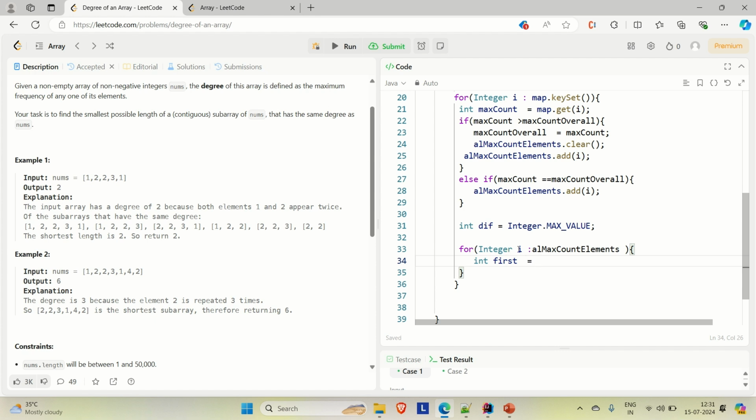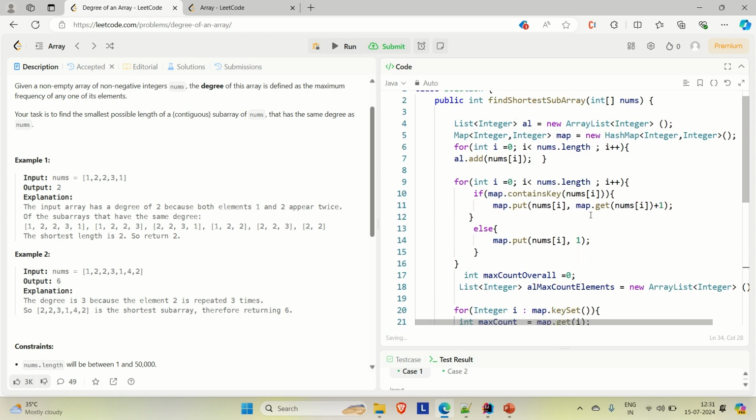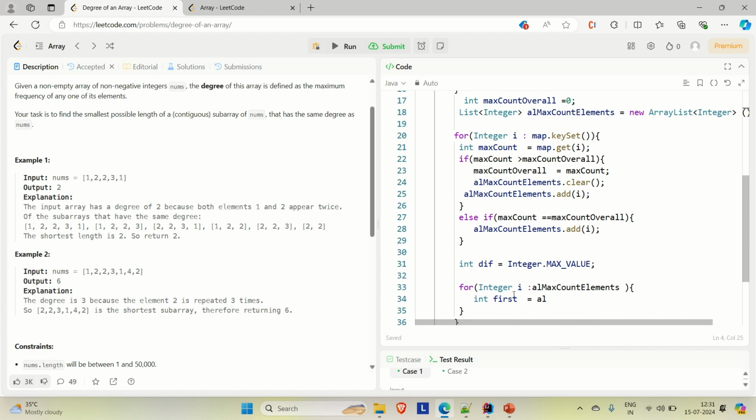So we are going to iterate through each element, finding out the first and last index of that element. Here we are going to access the list that we created from this array. We have converted this array into the list, and now we are going to find that particular element from this max count elements list into this list, and then find its index. So L.indexOf(i),